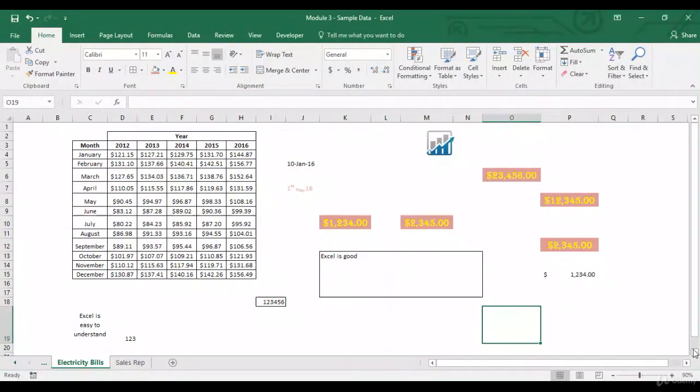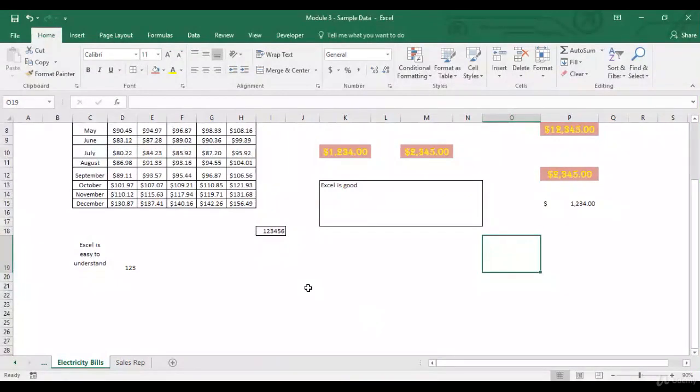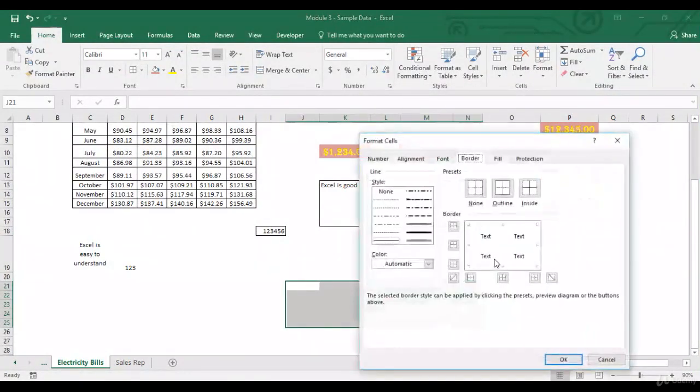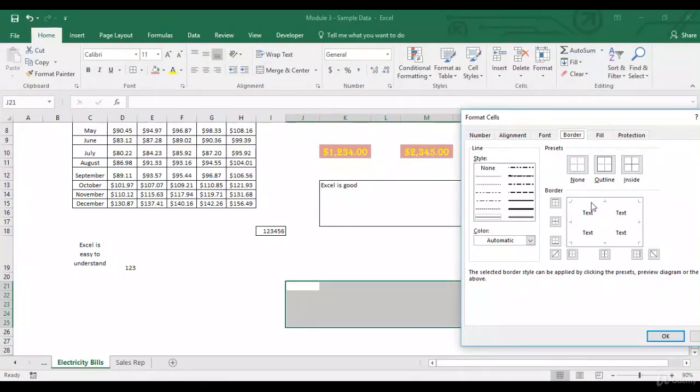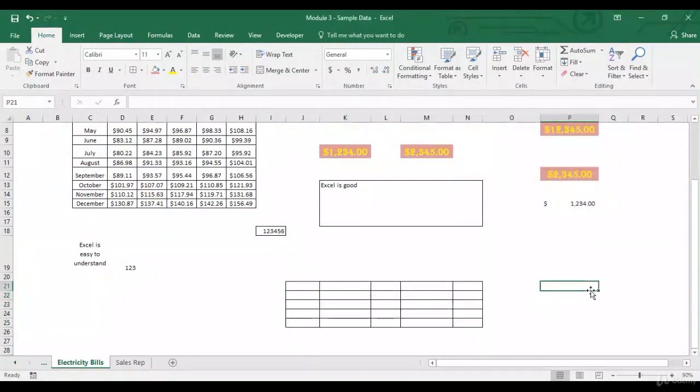let's select a group of cells. Scroll down a bit, do a right click, and now using this we'll have border for all the cells within the table. Clicking on OK. So you can see that for all the cells you've got a border now.